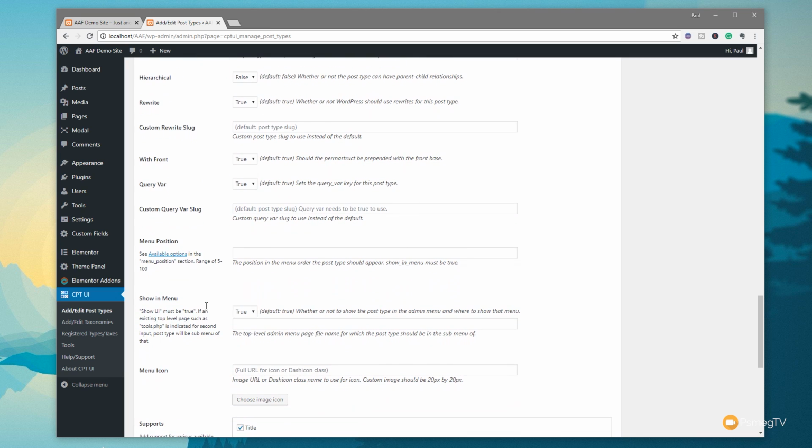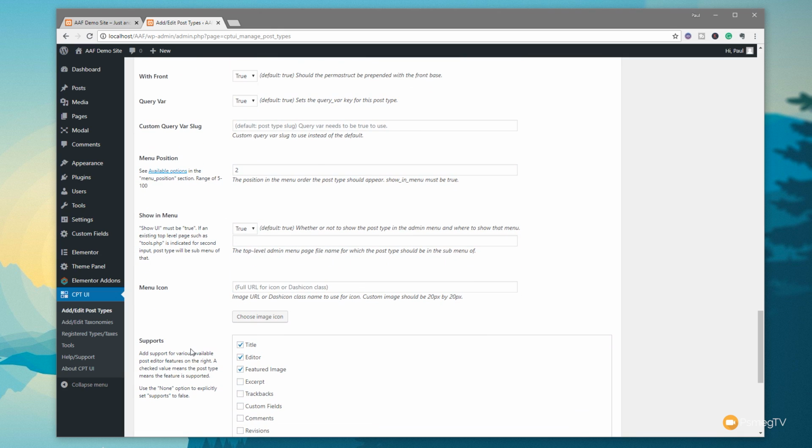Everything else is pretty much left as is. You can see we can adjust the menu position, and for this we're going to put this in position 2, and everything else is looking fine. We can come in if we want to, and we can use a menu icon, and it's using the dash